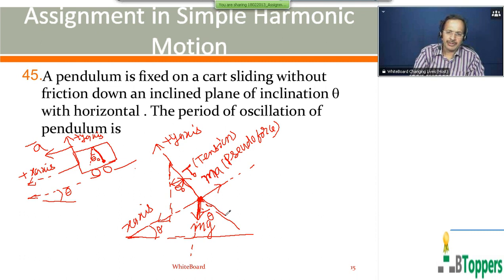We can resolve the weight mg into rectangular components parallel to x and y because it is inclined to both x and y. The component mg cos theta acts perpendicular to the inclined path. The component mg sin theta acts parallel to the inclined path, along the x-axis. So in the equilibrium position